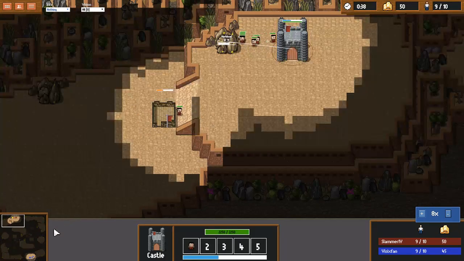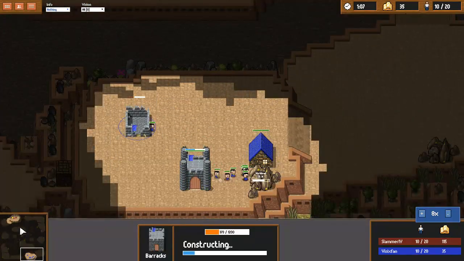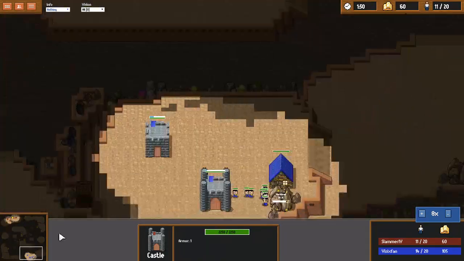Today we have the pleasure of watching myself in the top left, up against Visixfan in the bottom right, in the blue. As we look at our opening build orders here, I'm going for a Castle First expand, whereas Visix is going